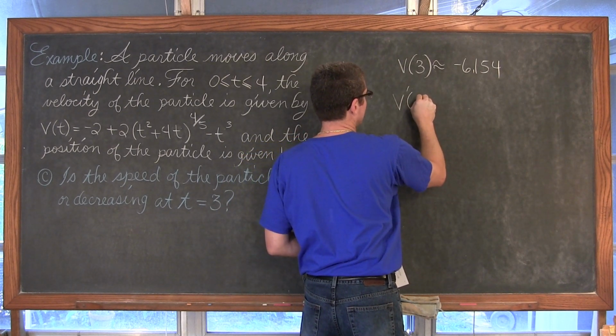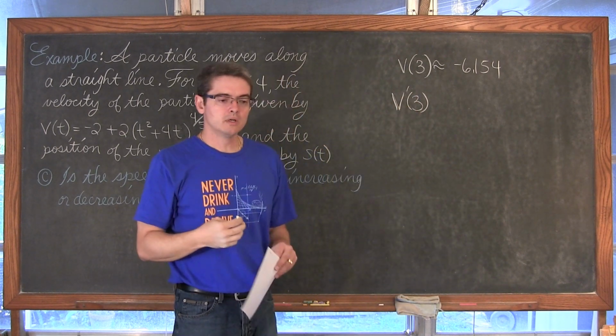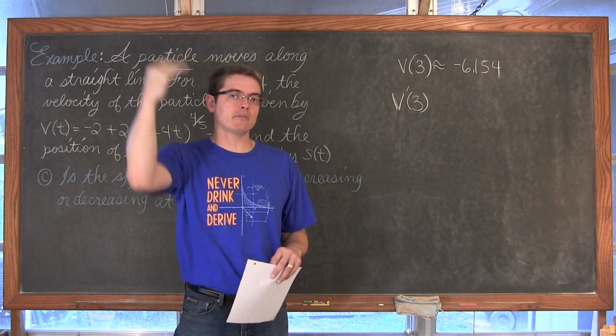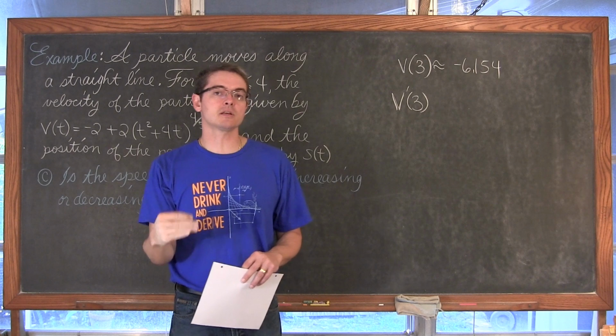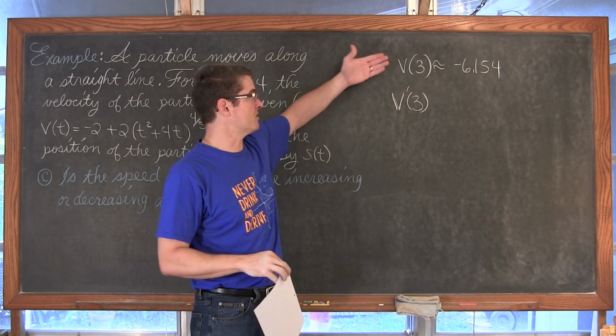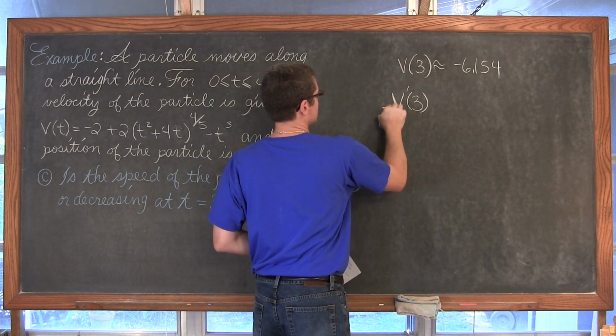Now, the derivative of the velocity is equal to what? Acceleration. We have a position function. With the derivative of the position function, the first derivative is velocity, and the second derivative is acceleration when we're starting from the position function. Well, we start with the velocity function, so the first derivative is acceleration. So that's what this is.